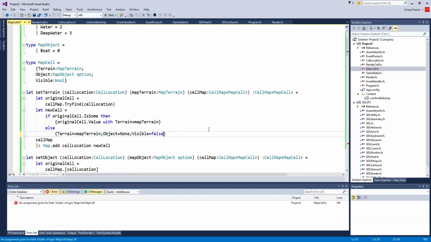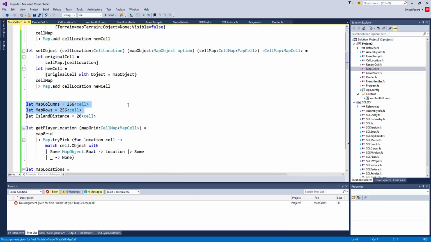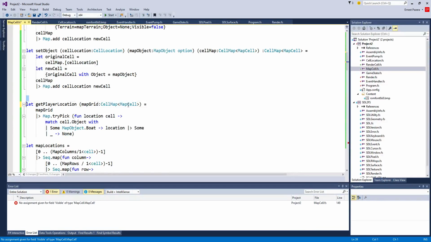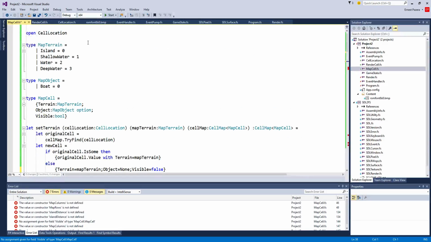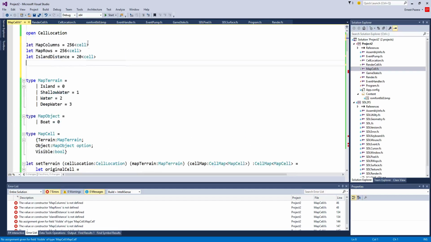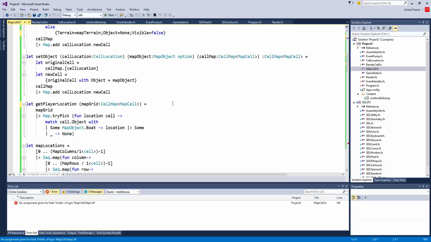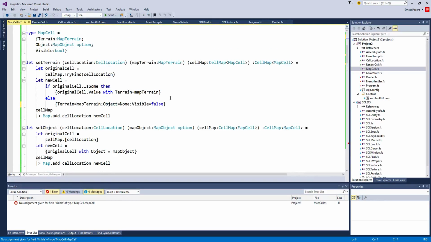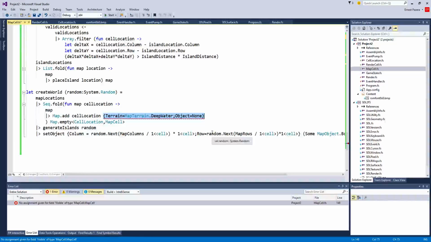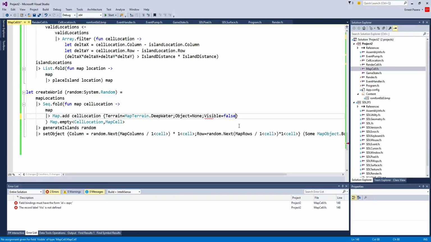Should really also take, let's put this back. Let's put this up in here. This kind of stuff should be up at the top. And alright. So here's visible, and where else is visible? Do we have visible? Create the world where visible is false. At the moment, we don't really care about visible, but we do want to